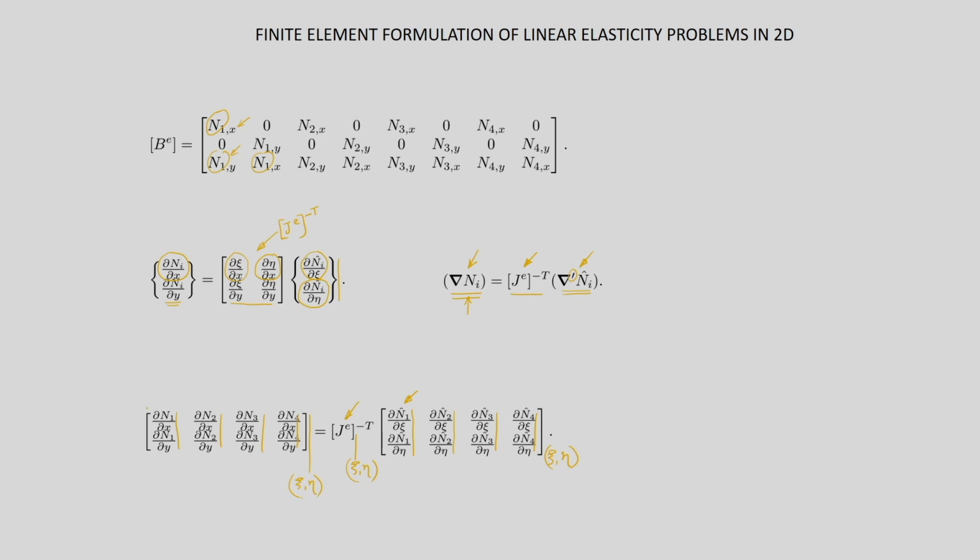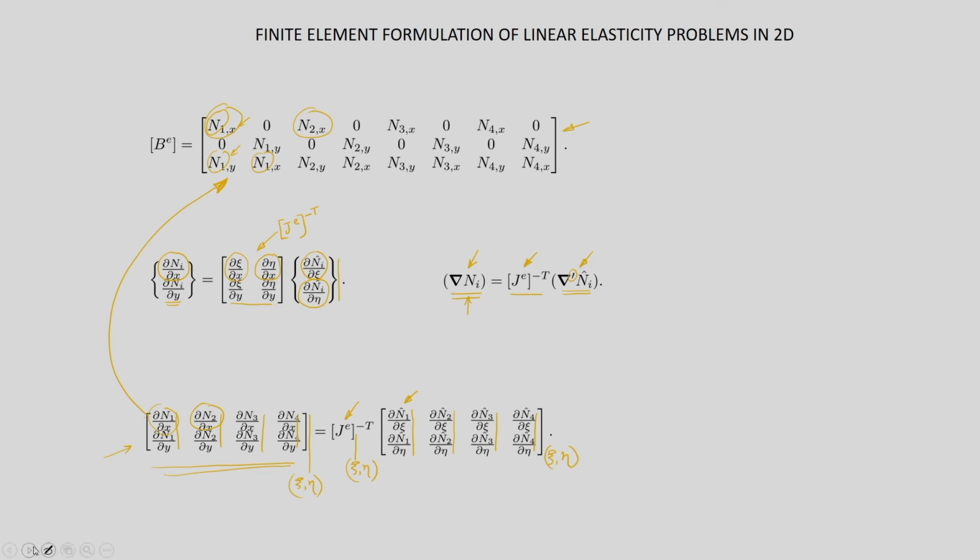So, once the derivatives are obtained, now we have to arrange them in this particular form of B to get this matrix. So, del N1 del x we have to arrange here, then del N2 del x we have to arrange in the first row, second column, and so on. So, this is what we cannot use right now. We have to reshape it in the form of B. So, this is the new step that we have to do for this problem. If you remember, in the steady state heat conduction problem we used this shape itself.